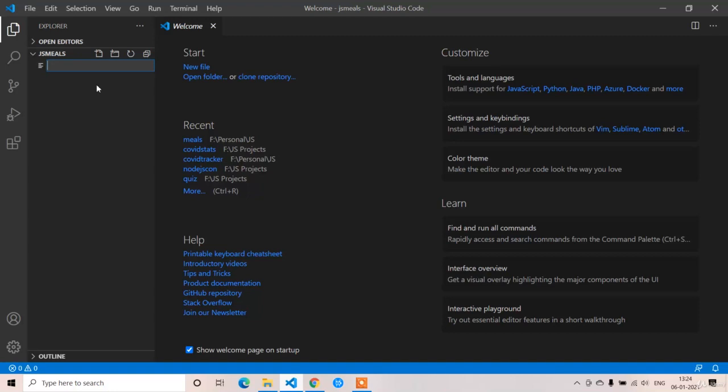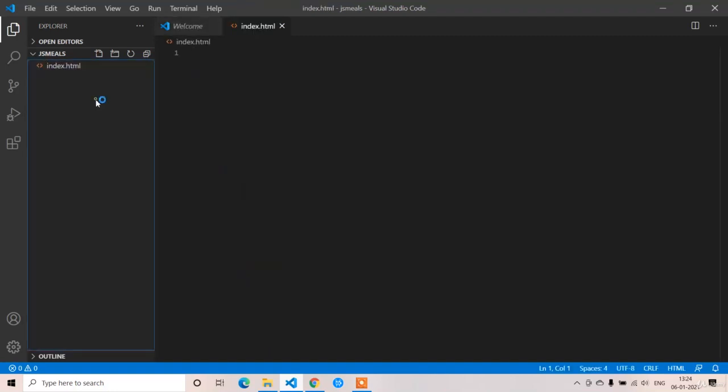So the first one will be index.html, and the second will be index.js, and the last will be style.css. So as of now we do not require the style.css and index.js. Close these things, and first we have to write the HTML,